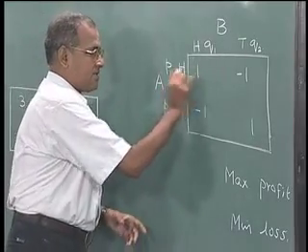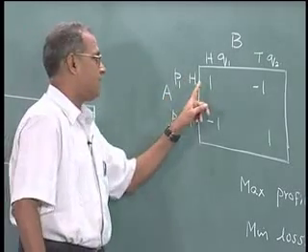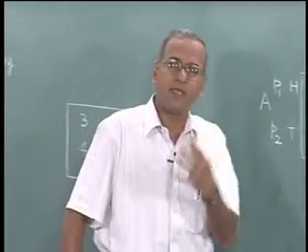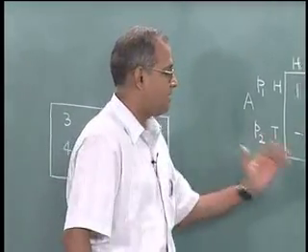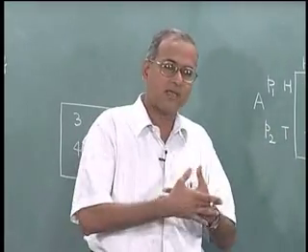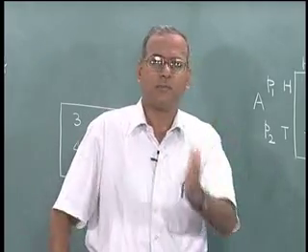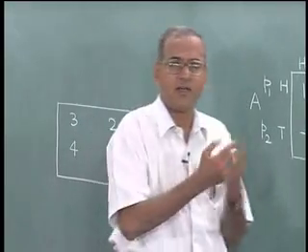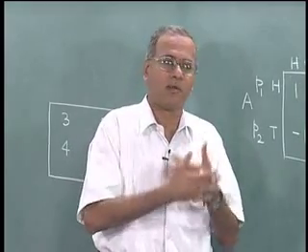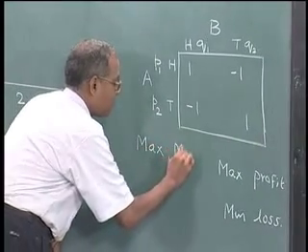Now, when A plays this consistently, thinking that B will play this, now A is going to get this 1. Now, immediately after a while B will switch because B would not like to lose, and B will always try to minimize A's gain while A would like to maximize A's gain. So, B is going to allow A to get minimum gain, which A will try to maximize. So, A is fully aware that B is an intelligent player and B is not going to allow A to get more and more money. So, A's objective will be to maximize the minimum profit